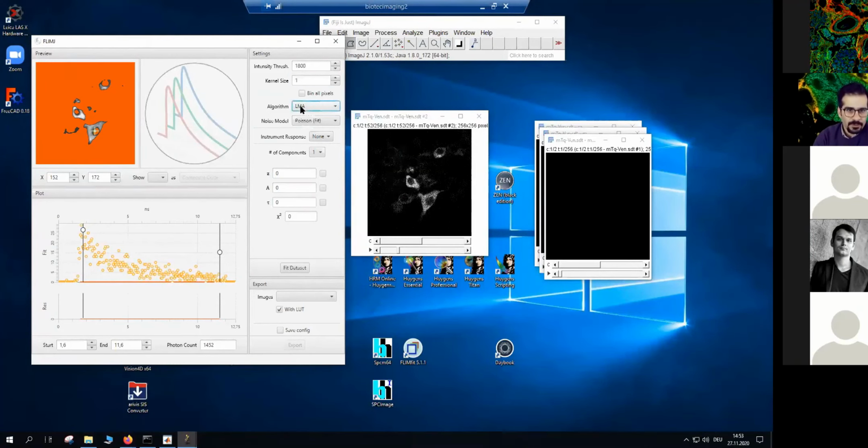The algorithm, which stands on the environment marker algorithm, and the noise MLE, 2 components. That's what we are expecting. And I can fix one of the components. For example, that the second lifetime for unquenched mTurquoise in our sample is about 3.5 nanosecond. So now here it wants me to